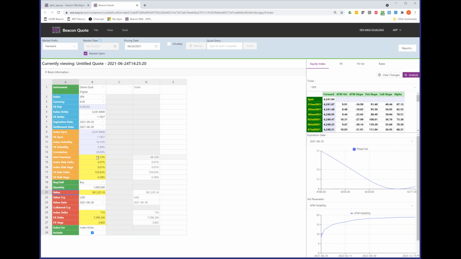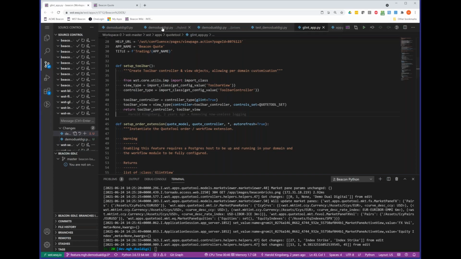Another interesting thing I can do is solve for functionality inside of Beacon Quote. So if I wanted to say, what equity index strike should I use to have the price be 40%? All these fields in yellow are ones that I can overtype and have it solve for stuff. Down at the bottom here, it gives me the list of things I can choose to move around when I'm doing that solving. So for example, if I've got index strike selected, here's the current index strike. If I change this to like 45%, then it'll go and solve for the equity index strike to make the price exactly 45%. The way I implement that in the code, if we go back here,